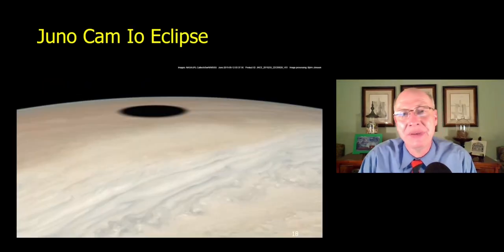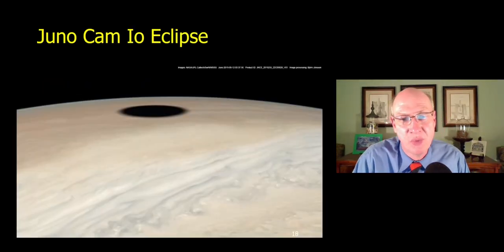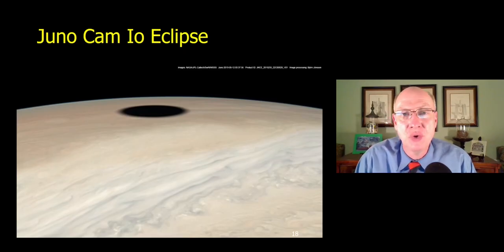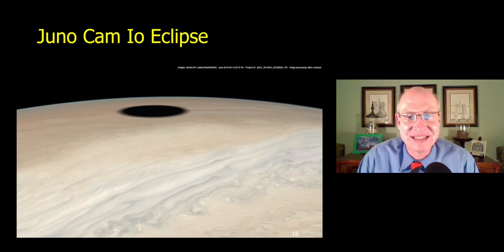So just a couple images from Juno. So here's one of the more spectacular images, I think, from Juno. Juno carries a camera on board called JunoCam. And JunoCam was specifically designed for public outreach images, but lots of them have been very, very scientifically valuable. This one, I argue, is a little bit more towards the aesthetic public outreach value. It's an eclipse on Jupiter that is the shadow of Jupiter's moon Io as seen on the cloud tops at